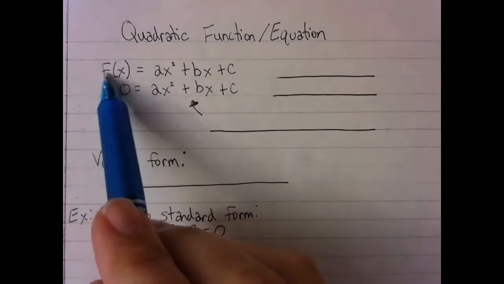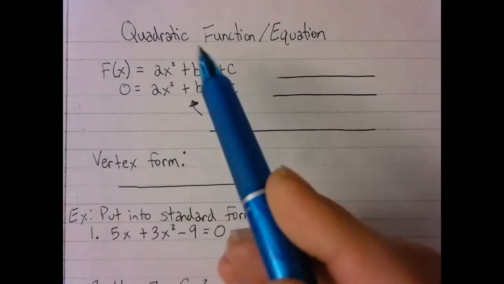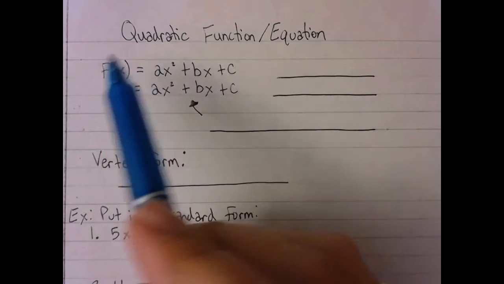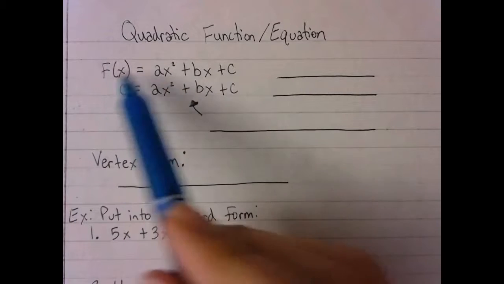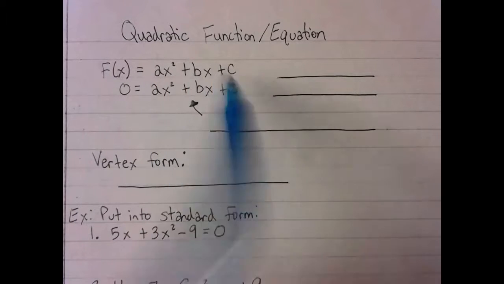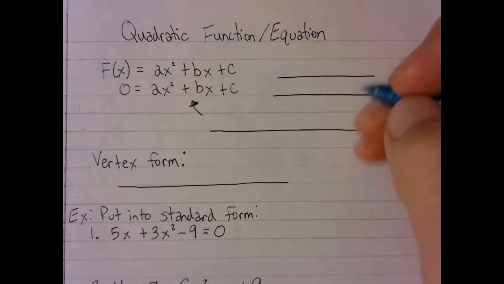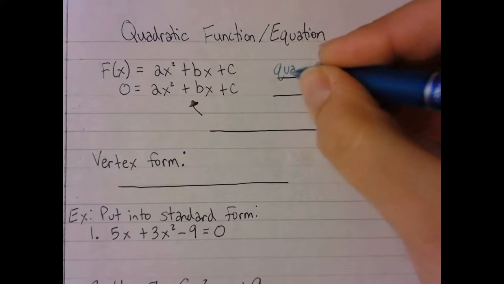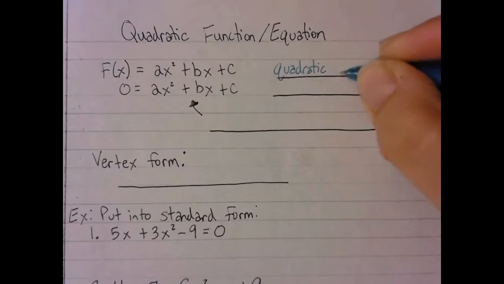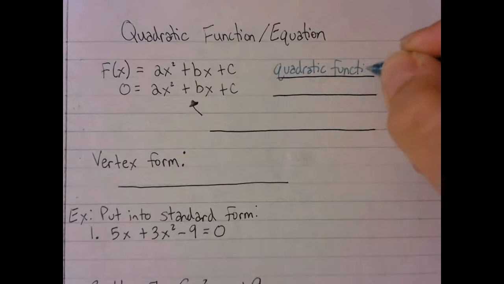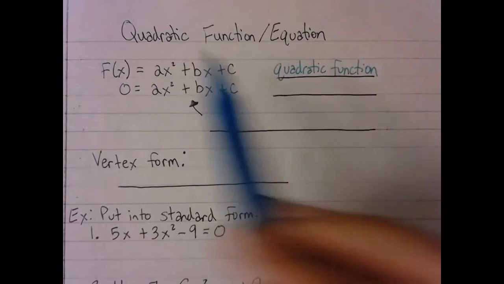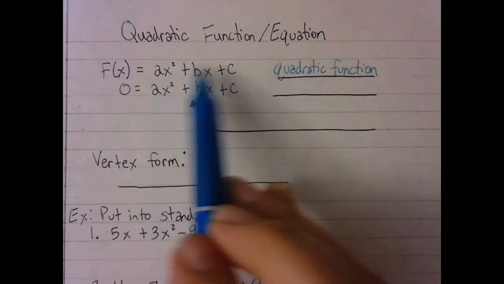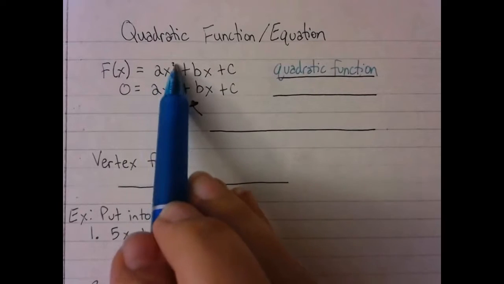Okay, first remember that f of x is the same as y. So if you want to write y, that's fine. Same thing. If you have that set equal to ax squared plus bx plus c, we call that a quadratic function. So remember, quadratic function means that the term with the highest degree, which would be this one, has a degree